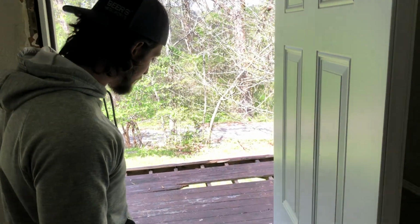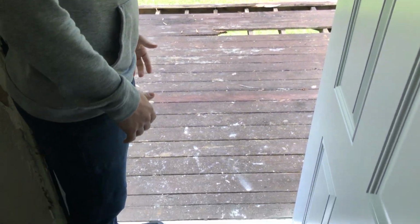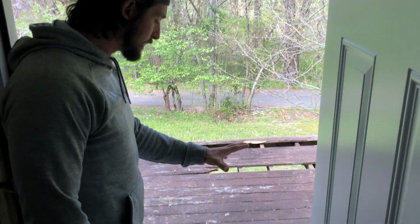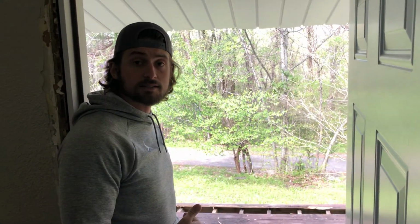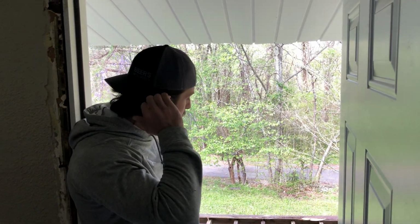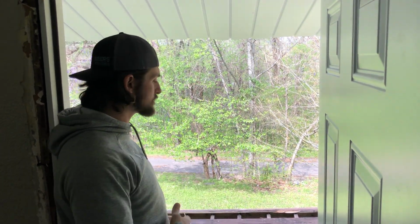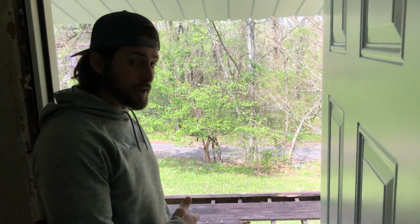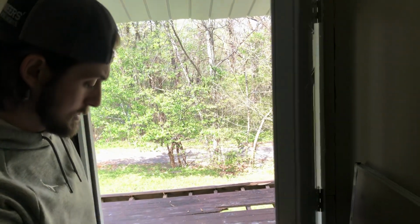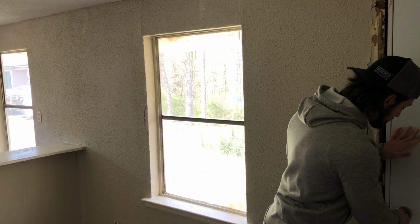Now, I'm not gonna go out there because that might be the last step I ever take, but we have an old porch right here. What we're gonna end up doing is we're gonna take this old porch, we're gonna extend it another 4 or 5 feet, and this will be a really, really nice area for a family that moves in here, okay? You can put stuff on the porch, you can turn this into another living space if you want to screen it in. This is gonna be a really, really nice amenity for the person that ends up moving into this property. And like I said, we've already had 2 people come today to ask about renting it, which is really nothing better than that